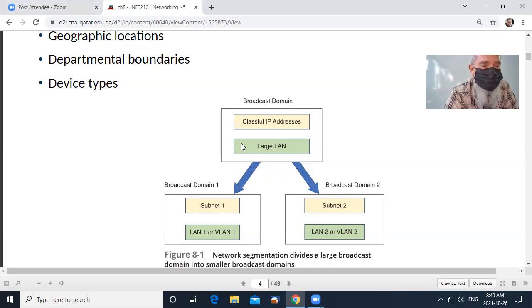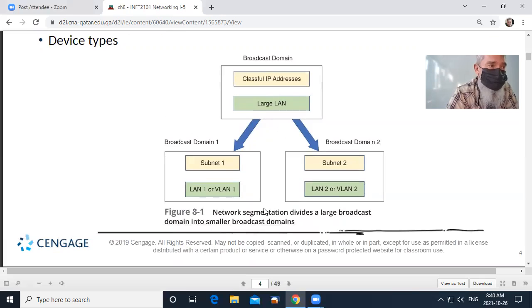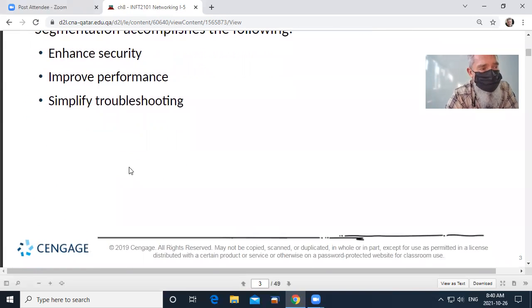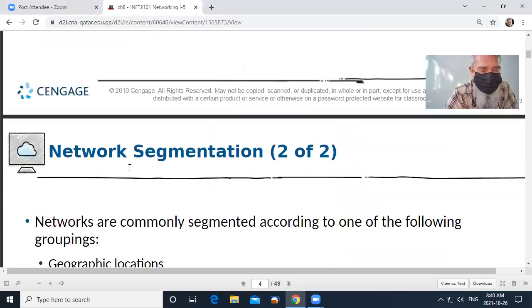So we can use our ports on our routers to define different broadcast domains, different networks. If we have a big LAN, we can divide that into smaller LANs, and using our router tools, we can separate those LANs quite significantly, so that the only traffic going from one subnet to the other is the traffic that we've decided we want to go between them. And so for all the reasons I mentioned above, to enhance your security, your performance and troubleshooting, etc.